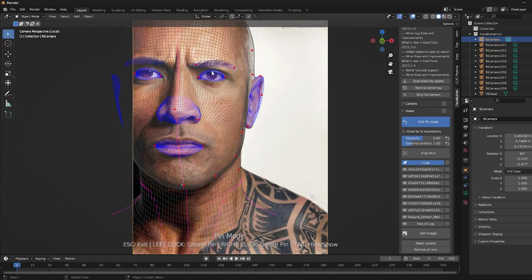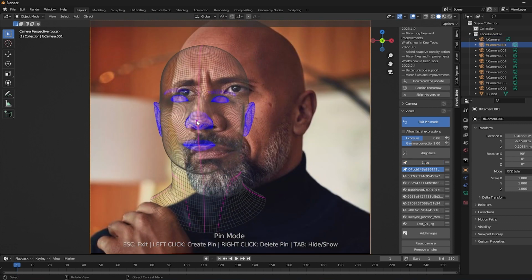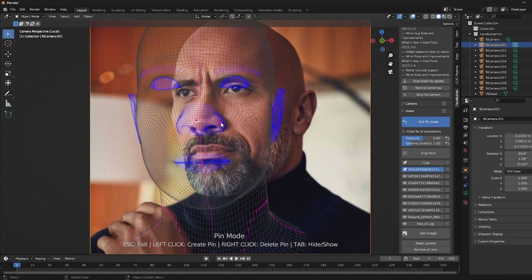I think it's pretty fine on the first image. Then go to the next image and try to do the same on every other image that we have.